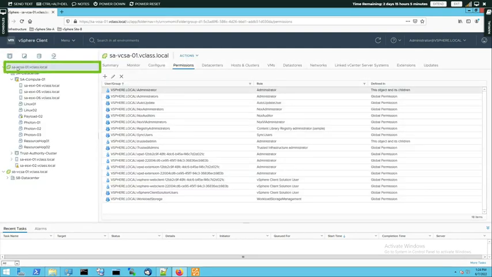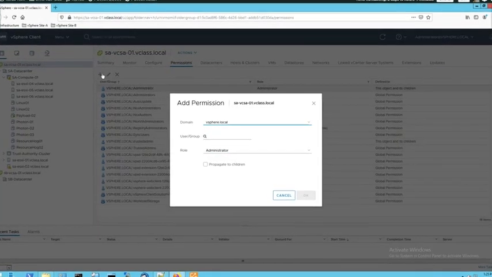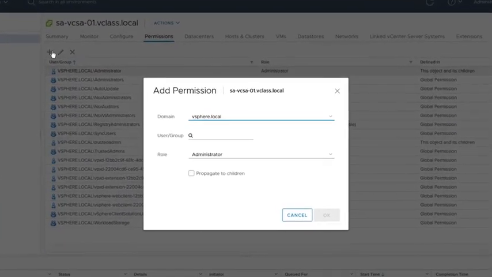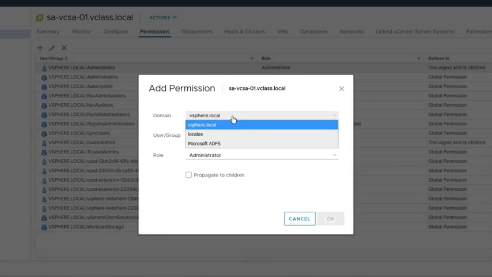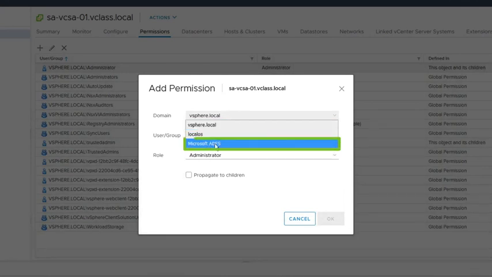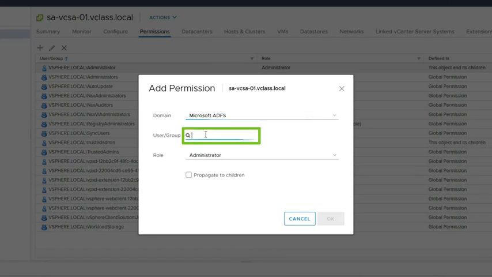We need to choose our SA VCSA01 vclass.local. Then we need to go to the Permissions tab, the fourth tab of this particular vCenter server. Now we need to click on the plus sign to be able to add some new permissions. We need to choose the domain to which we are going to add some permissions. We need to choose the Microsoft ADFS domain. Our user/group will be